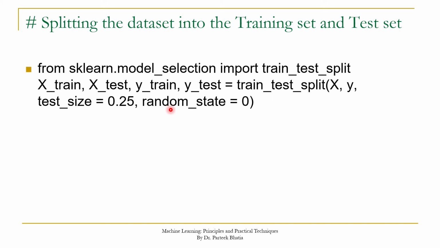It is important to fix random_state to an integer value, because it fixes the seed value of our random number generator, and by fixing it to an integer value, it ensures that the same random numbers will be generated during every rerun of our code. So in order to compare our outputs after each rerun of the code, it is better to keep random_state at a fixed integer value. Here we are fixing it to 0. You can fix it to any integer value. Now let us move to Spyder to perform train test split.